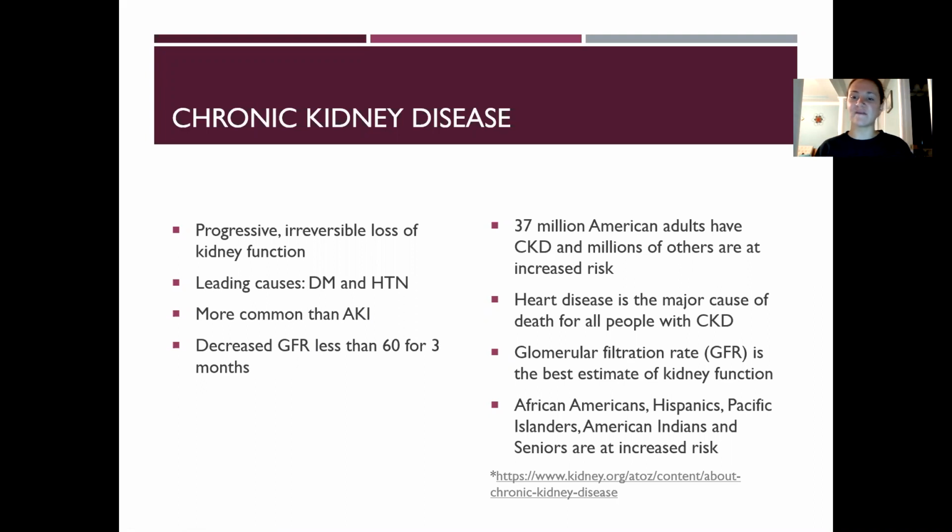Glomerular filtration rate is the best estimate of kidney function, and that's true not only in CKD, but across the board in terms of assessing kidney function. Of course, we have GFR, which should be 80 to 125. We have creatinine, which should be 0.6 to 1.2. And then we have BUN, which should be 8 to 20. When creatinine and BUN are elevated, kidney function is impaired. When GFR is decreased, kidney function is impaired. Don't get those confused. They have an inverse relationship. And then African Americans, Hispanics, Pacific Islanders, and American Indians, and then elderly populations are at increased risk of development